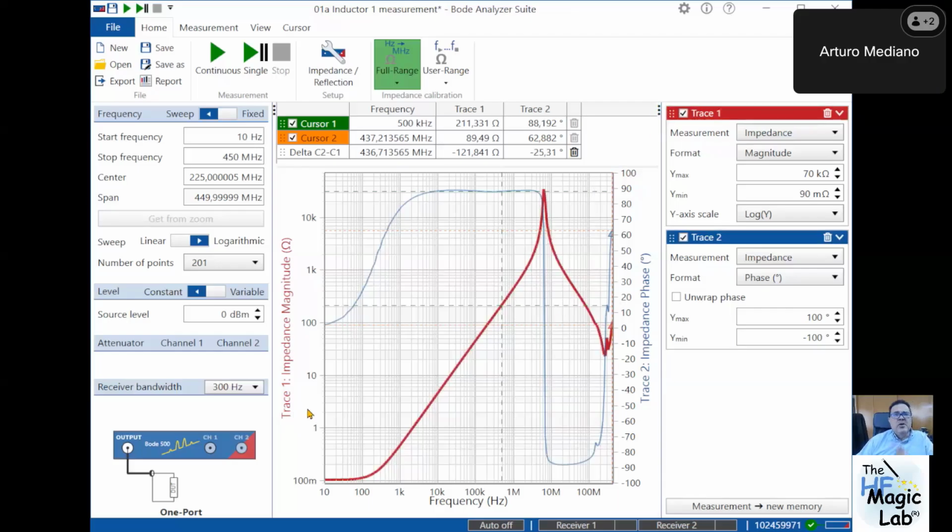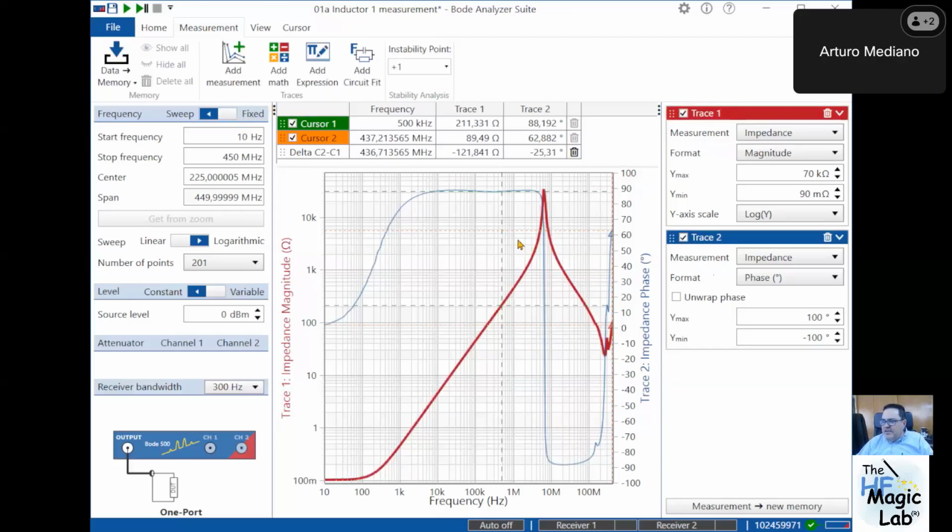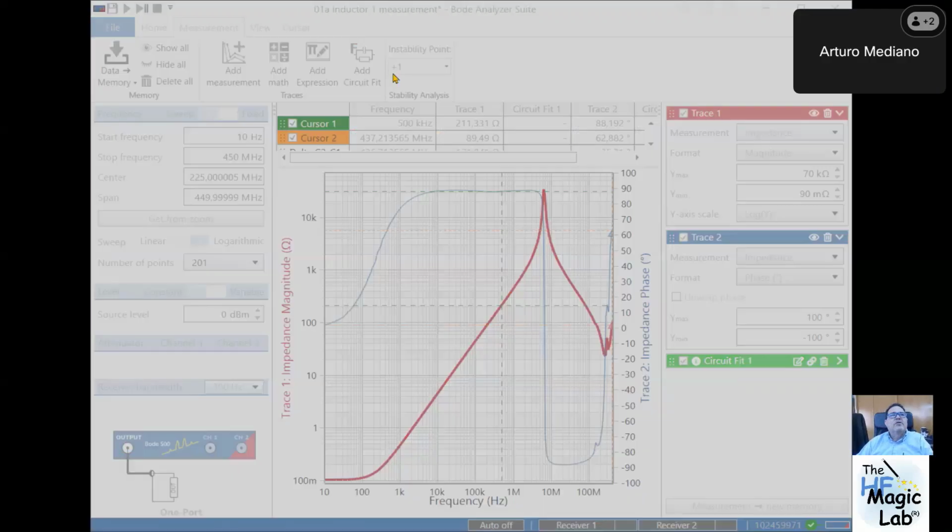So let's do something very interesting with this tool. We can go here and try to evaluate how is the best model for this component. So we go here and we access the add circuit fit. When we click here,